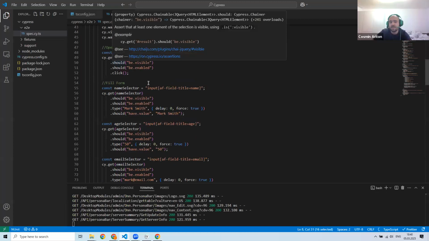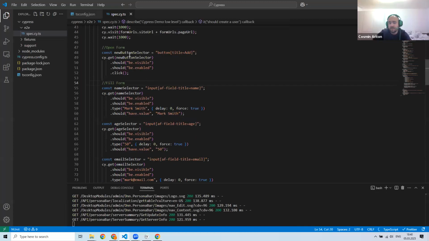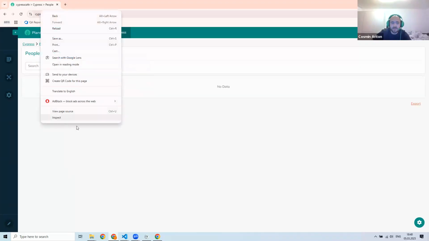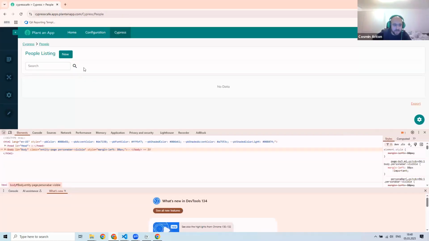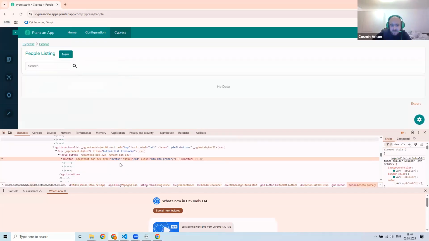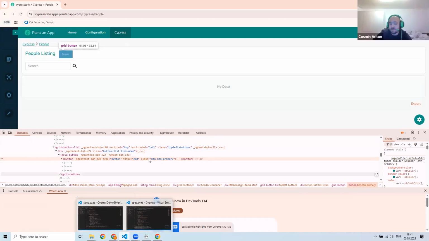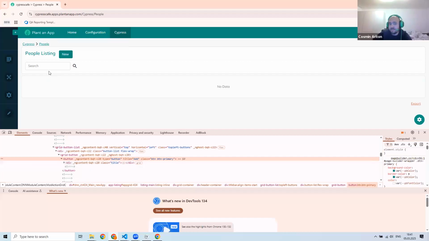Afterwards, our goal is to open the form. We can do it by pressing the new button, so the add, which is this one. Of course, if we get it by the selector, we can see that the actual title is add. So we're finding it by the title. Yes, exactly. We can also find it by the text, but if we have another thing on the page that